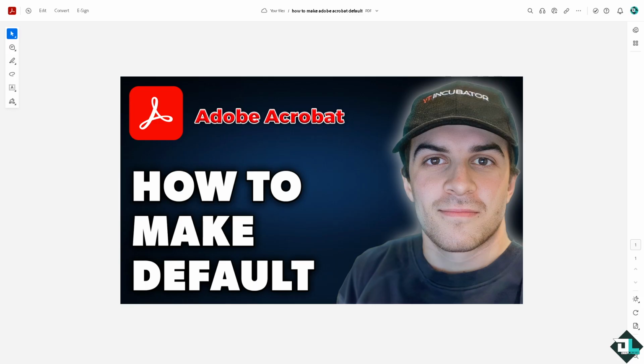To make your Adobe Acrobat your default PDF reader on your computer, you just have to follow these simple steps depending on your operating system. Basically, if you're using the Adobe Acrobat web version, you're not going to be able to make the Adobe Acrobat default. What we need to do is go to your operating system. If you're using Windows 10 and 11, I need you to click the Start button